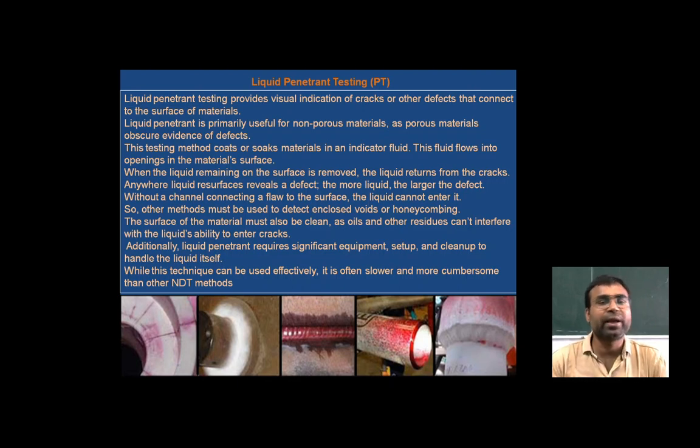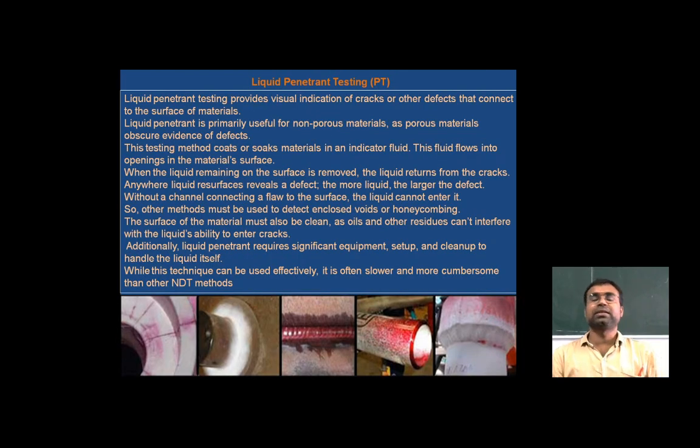The liquid penetrant is primarily useful for non-porous material, and porous material obscures evidence of the defect. This testing method coats or soaks material in an indicator fluid that is known as the dye. This fluid flows into openings in the material surface.